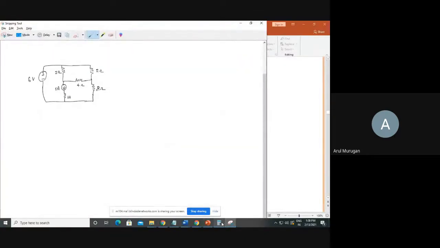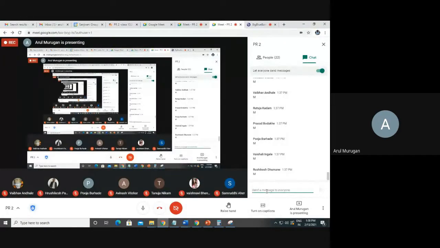See, practical 1 and practical 2, all of you listen. Both practicals are analysis. So the 4 analyses are important. What are the 4 analyses? Node analysis, mesh analysis, super mesh, and super node. This is one of the main problems from unit number 1. They will ask you about Kirchhoff's current law or voltage law.